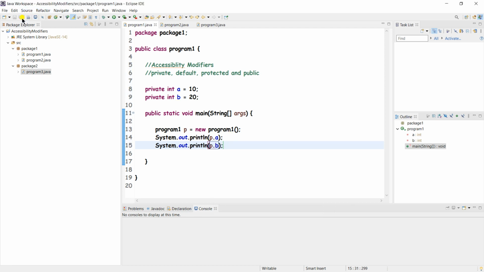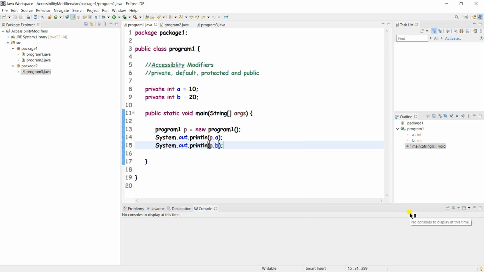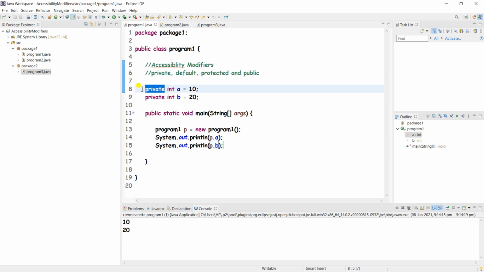So I have saved that program, I have saved that class, and now I will run this program, right? Okay, see here 10 and 20 output came on the console, right? Okay, we will experiment on this program, right? Let it be, we'll check whether these variables can be accessed in other class, right?